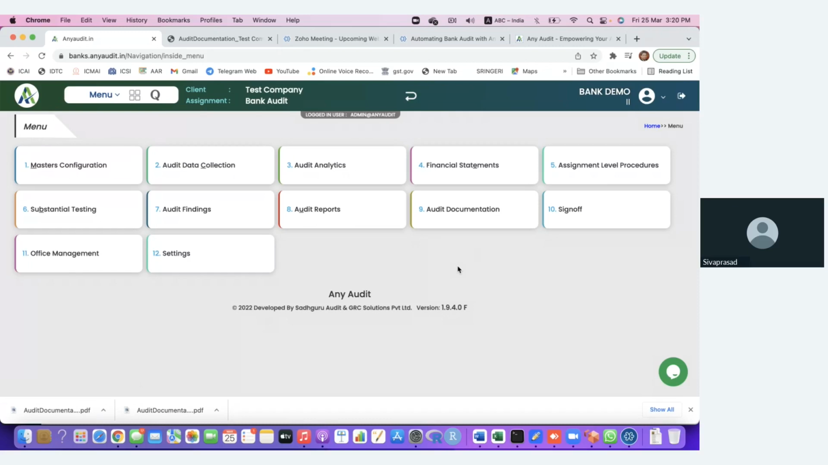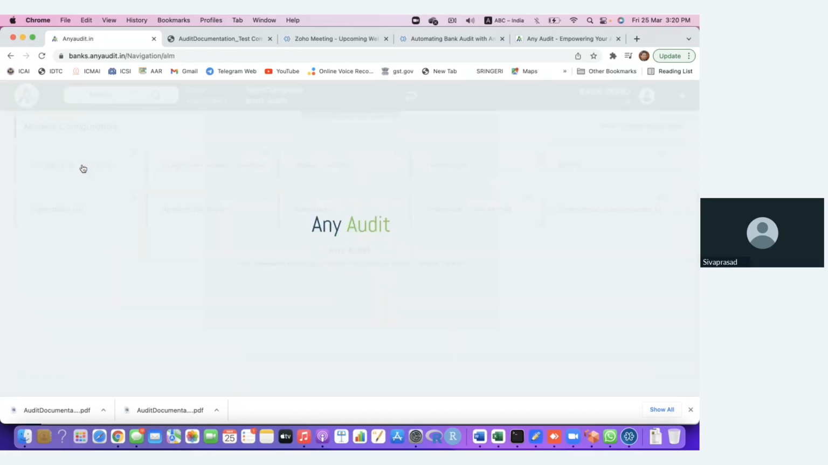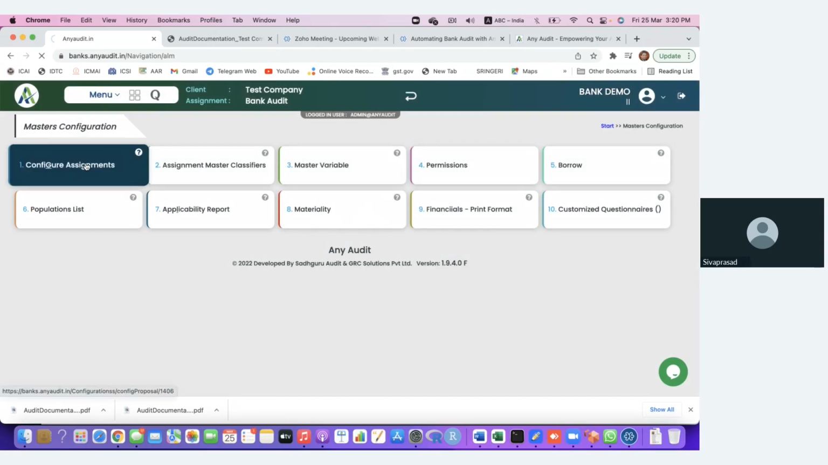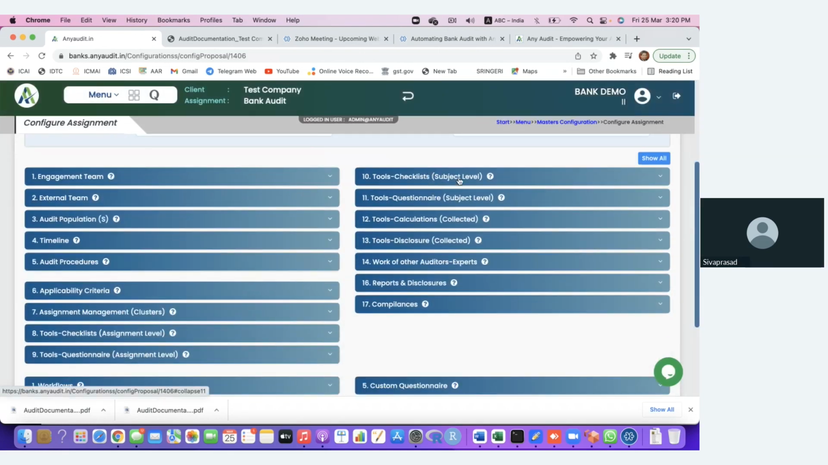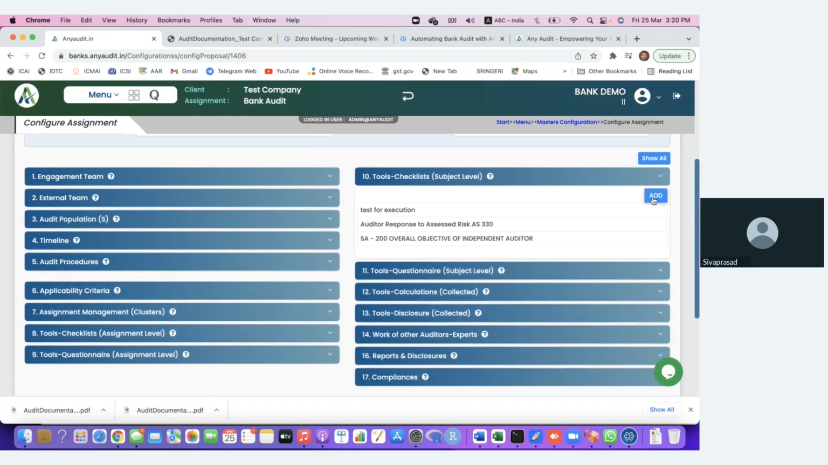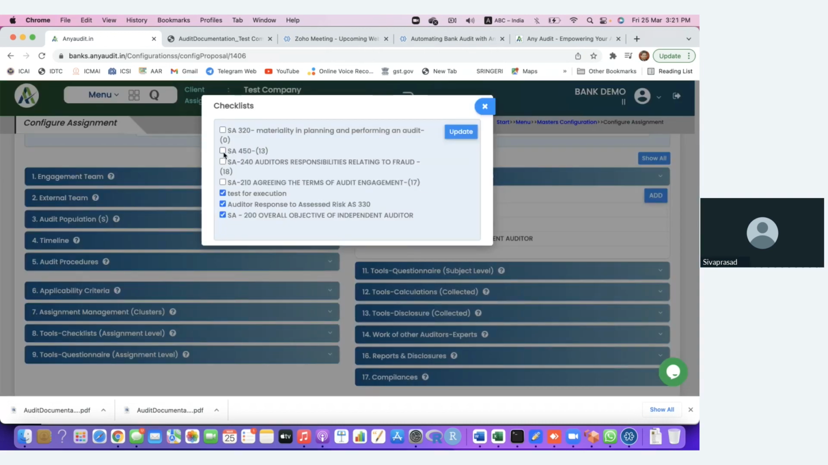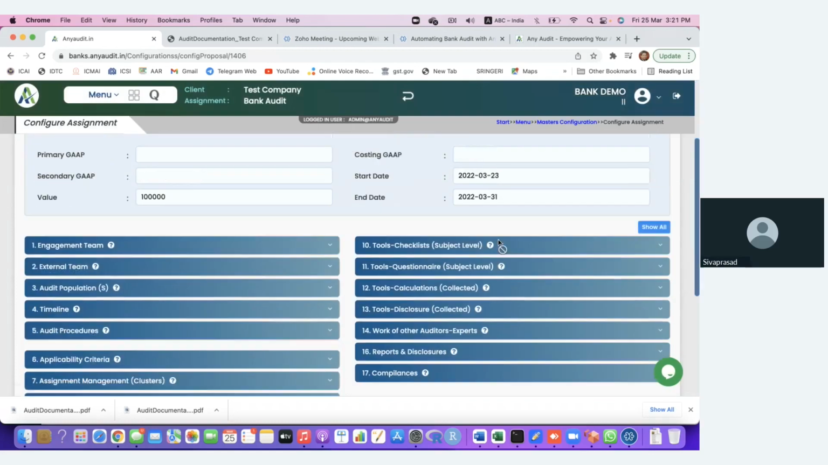Let me start with the configuration and how we configure our audit. I have already configured. If you go to the configuration menu, this gives us a chance to pull any checklist or questionnaire that we want to use from our knowledge bank. There are tools which we are going to apply here. From this, you can pull any of the other checklists, like I want to use SA 240, SA 210 into this. I can just pull from my library whichever checklist or questionnaire or report or annexure that I have to